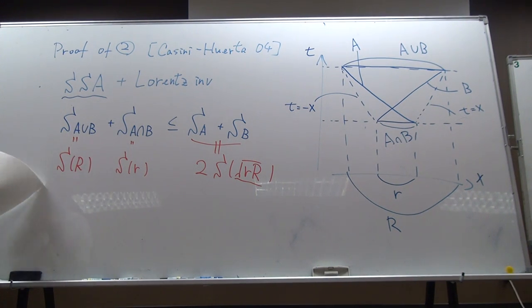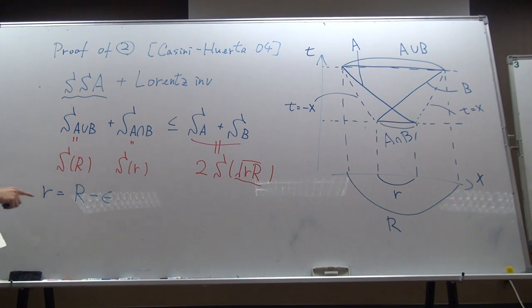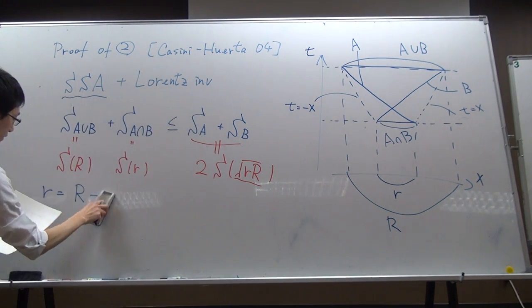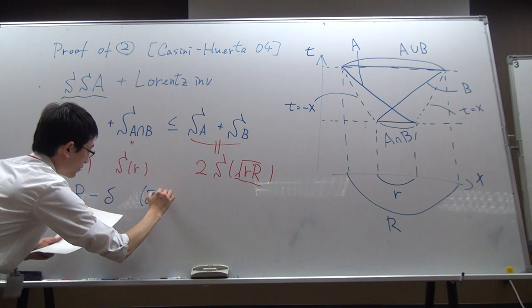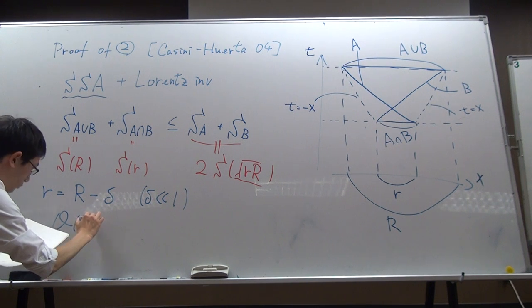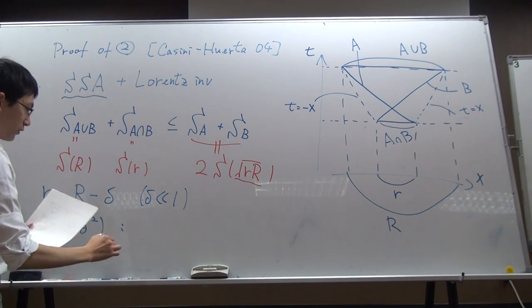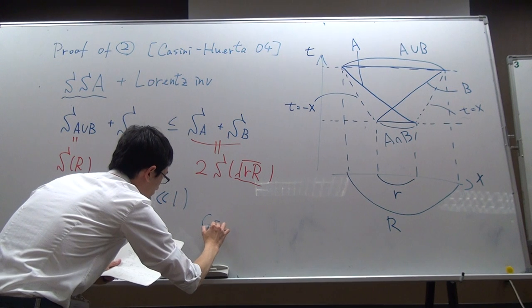So now I will take the limit where small r is very close to capital R. Here, I'm sorry, this is not equal to the UV cutoff, but you can have another small number, delta. So delta is very small. If you choose R in this way, then you can expand this inequality with respect to small delta, and at the second order of delta you see that, okay, can you see this line? Okay. And then you can show that the derivative of the entanglement entropy,